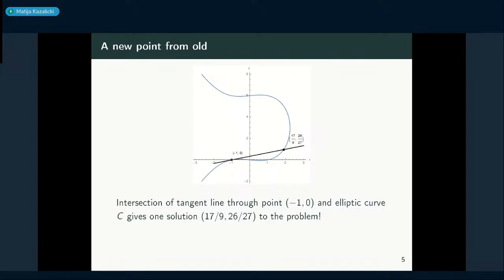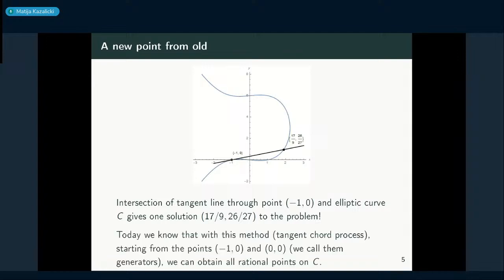There's one more point where this line intersects the curve, and one can compute that this point has coordinates (17/9, 26/27). In this way, he obtained the solution he wanted, a non-trivial solution from this trivial one. Today we know that this tangent and chord process, this method,